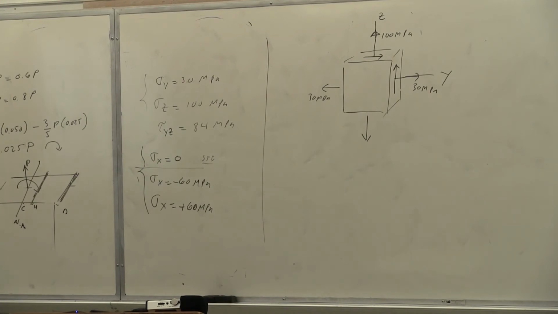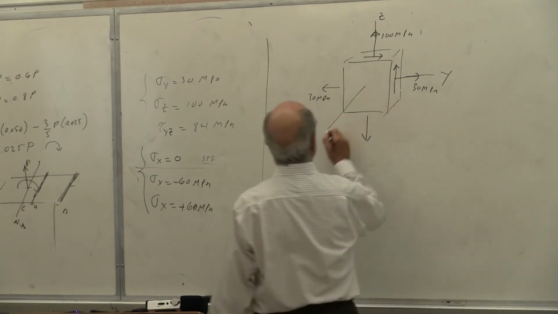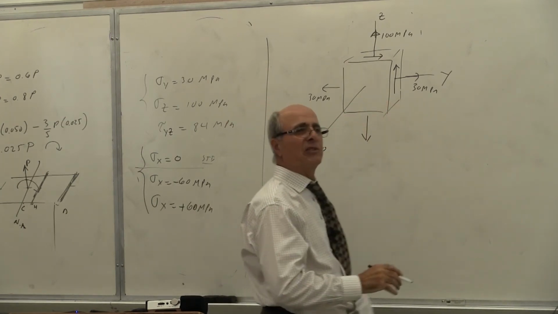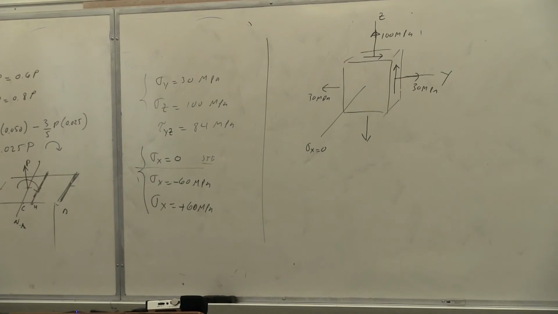However, look, sigma x equal to 0. Isn't that what plane stress is all about? Isn't that the same problem we did here? We just changed x to y. We call them xy, yz, and zx. That should not change the nature of the problem. This is the standard problem, and I want you to calculate the absolute maximum shear. I don't want the principal stress, nothing else, because we have already done that 10 times. Find the absolute maximum shear for this problem.